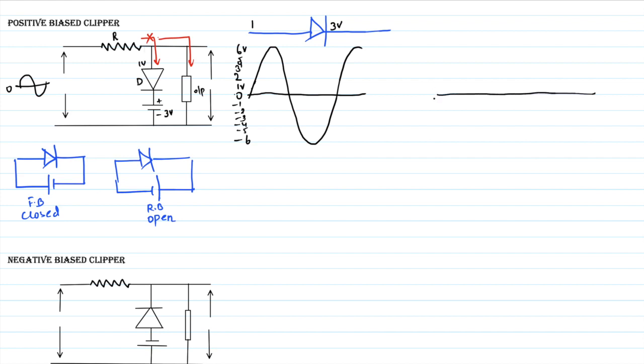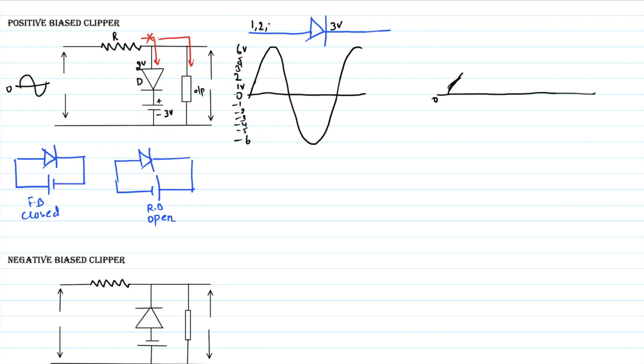For 0 to 1 volt you will get an output. Now 1 to 2 volt. Now you are applying 2 volt. The anode is still negative compared to the cathode, so again the same condition, the diode is open. So no current will flow across this diode. The entire current will move across the output resistor, so from there you will take an output. So you get an output for 0 to 1, and 1 to 2 also.